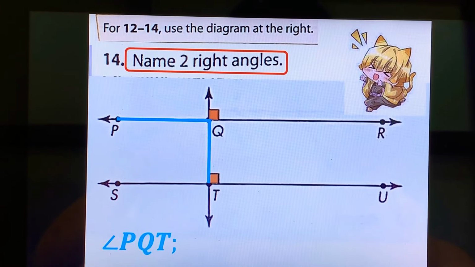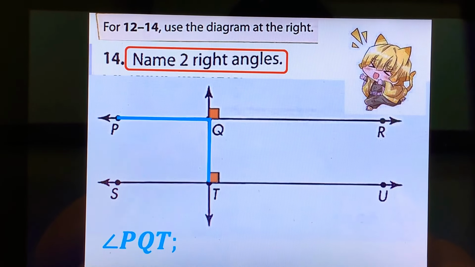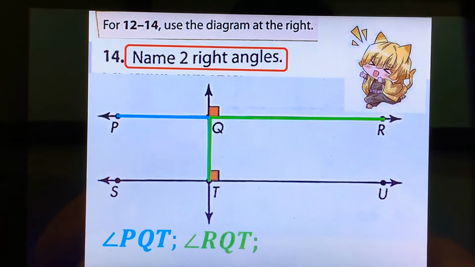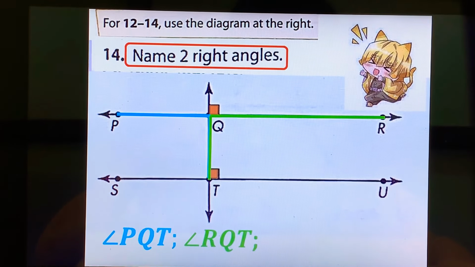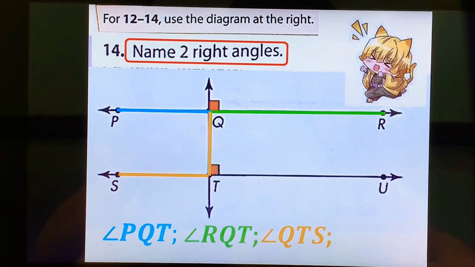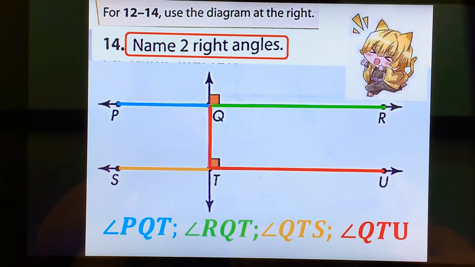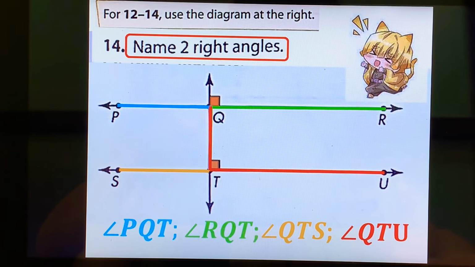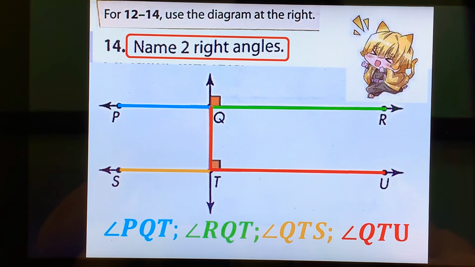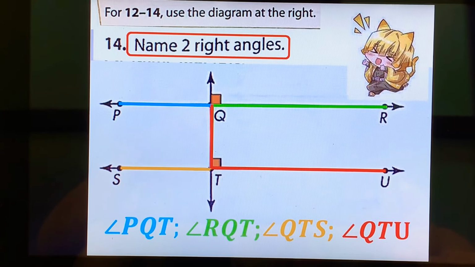First, you can say angle PQT. 你可以说角 PQT，这是一个答案，or you can say angle RQT, or angle QTS, or angle QTU. 好，这些都是可以当做答案直角的写法。